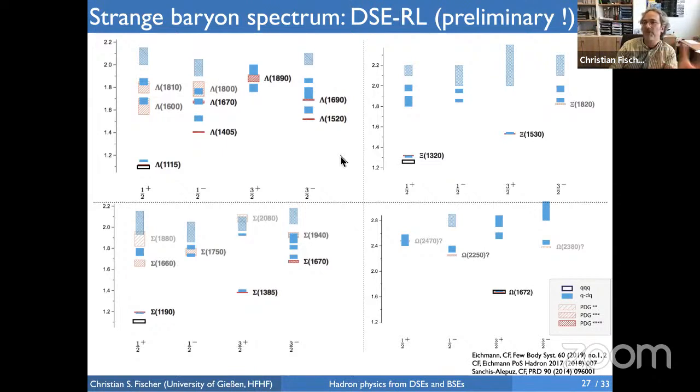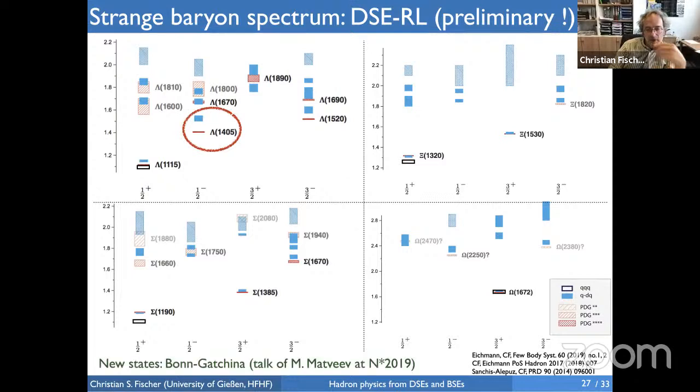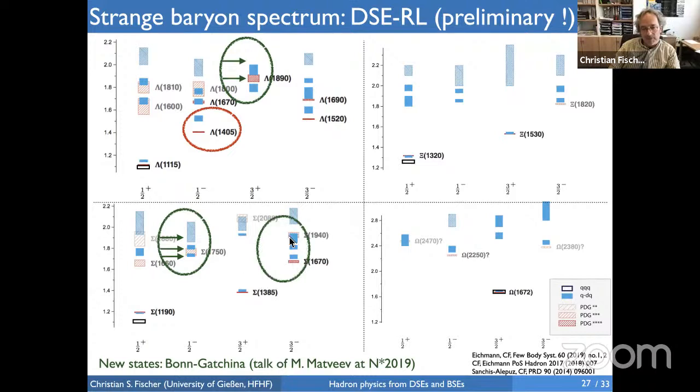Experiments with strange quarks are much more difficult to do than in the light quark sector. And indeed, if you go to the new results of the Bonn-Gatchina group as presented at the N-STAR conference in 2019, you find the following. Here, where we see 2 states and the PDG only sees 1, the new analysis of Bonn-Gatchina finds 2 states. Here, where we saw 3 states, PDG only has 1, the new analysis of Bonn-Gatchina sees 3 states. Here, where we see 3 states, PDG has 2, the new analysis, Bonn-Gatchina, 3 states.